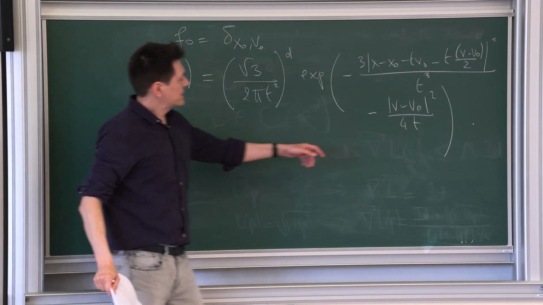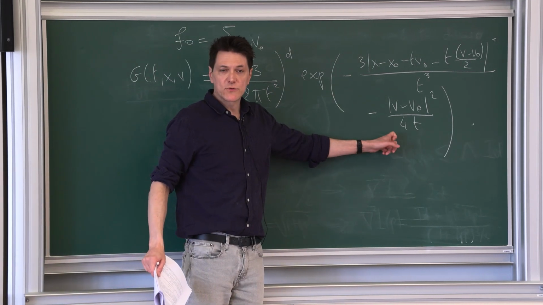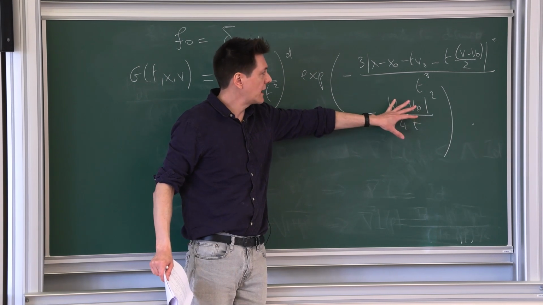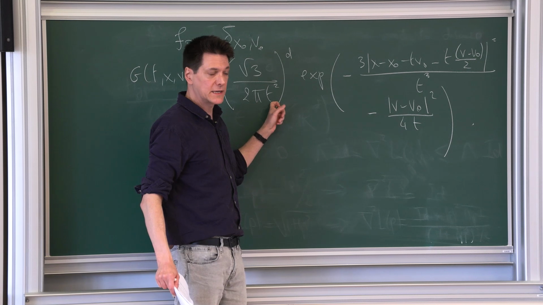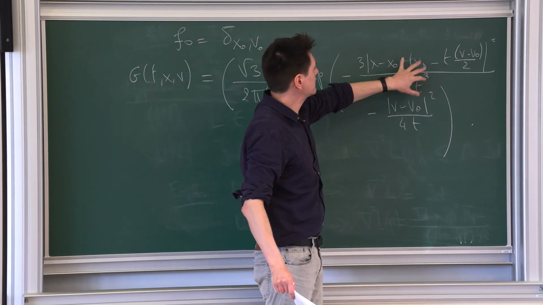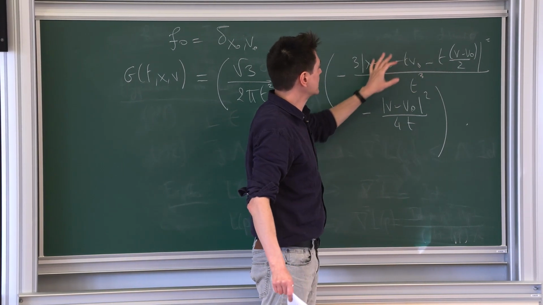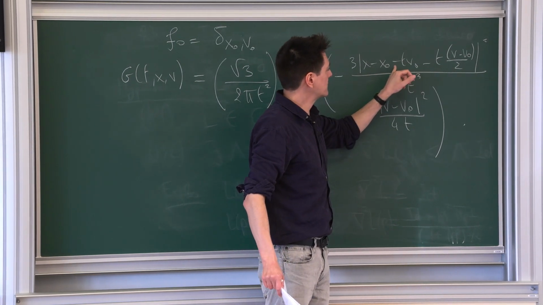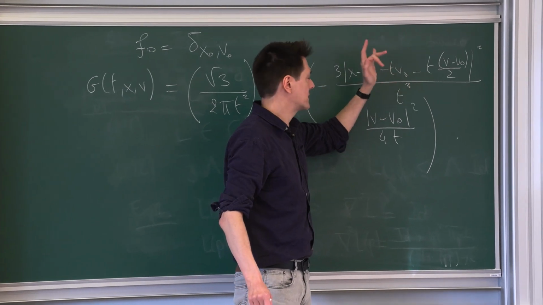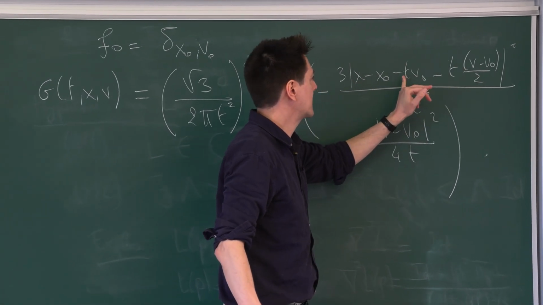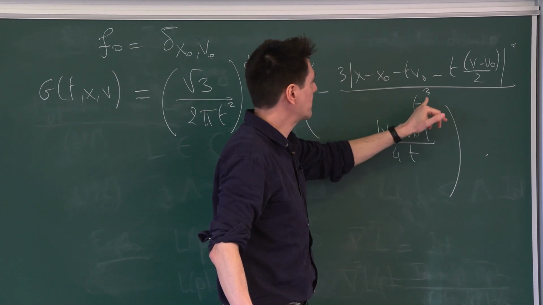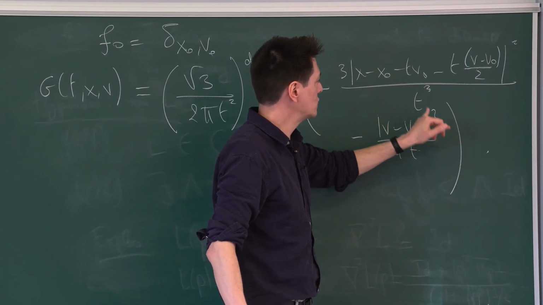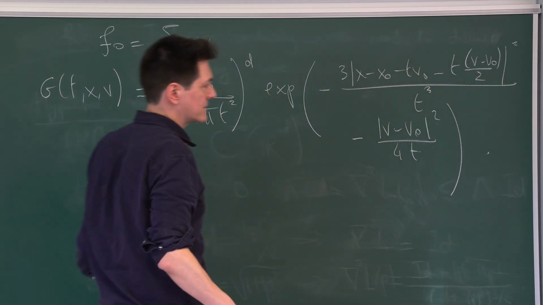So you see, there's a part that looks like the fundamental solution of the diffusion in V somehow, with however a different scaling here. And this part is a complicated mixture of, well, it partly looks like the fundamental solution in X, except that you have operated a sort of Galilean translation, well, a sort of translation. The 1/2 is not exactly the Galilean translation. And on top of that, the power here is not what you would expect. The ratio of power, 1 to 2, is not the same in both cases.